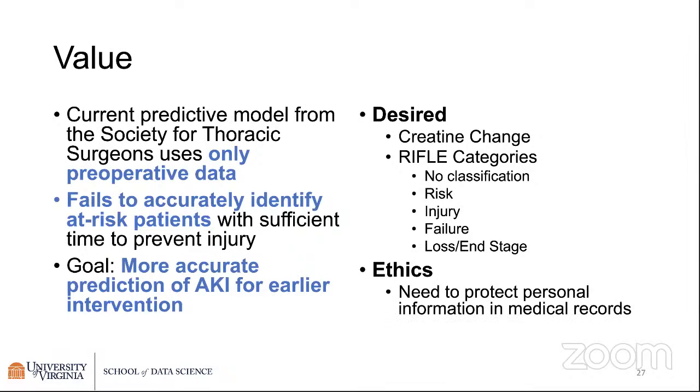And the ethics of this are around the need, again, to protect personal information. And this is a classic problem we have in the health area, that we may have something that is misrepresenting the underlying population in many ways. Our patient population may not be representative of the general population we're dealing with. We may build models that are basically only effective for certain classes of patients. And we need to think about this. We need to think about the stratification of our patient population as we go into these.